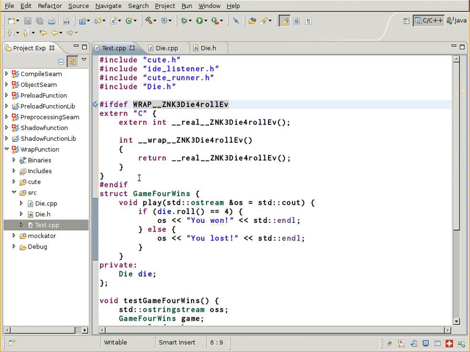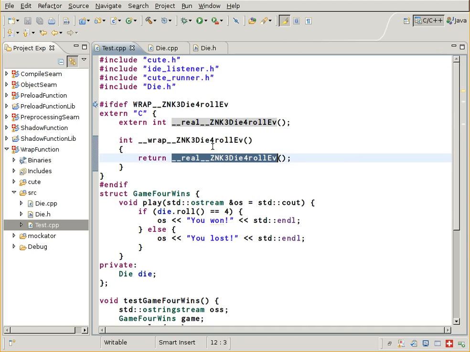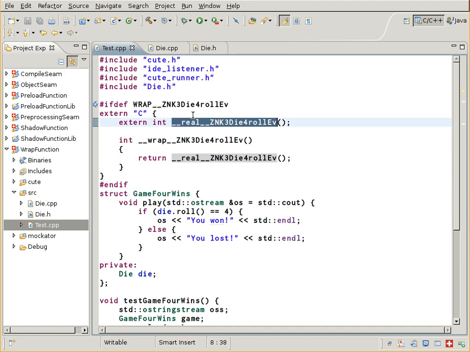Real function is declared here. So we can insert our additional functionality before we call the real function, like if you would like to log something. But in this case we do not want to call the original function, but instead we just want to make our unit test green, so we return 3 here